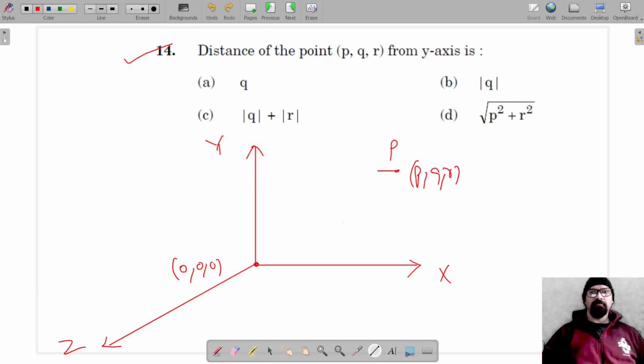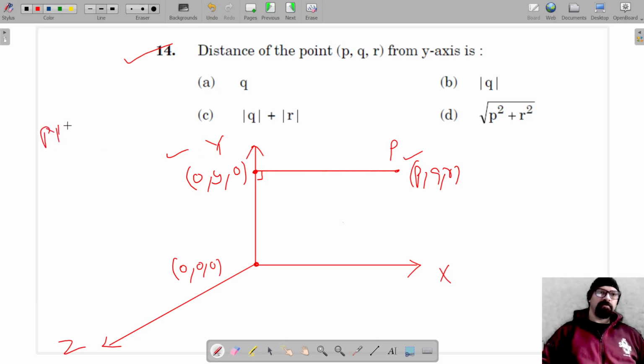So its distance from the y-axis would be the perpendicular distance. This is the foot of the perpendicular and it lies on the y-axis, and we know that the coordinates on the y-axis are of the form 0, y, 0. So if we have to find the distance of this point from the y-axis, it would be the Py distance. That means we have to find the Py distance, and to find it, we can use the distance formula, but for that we need to know the value